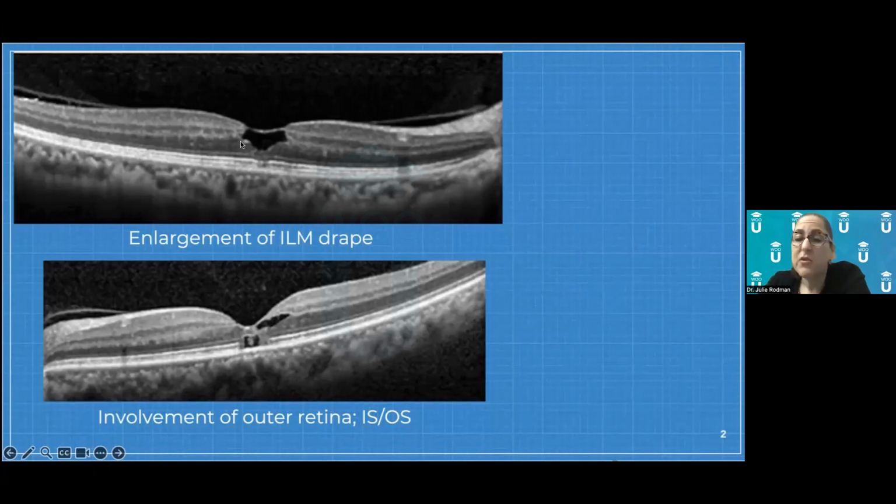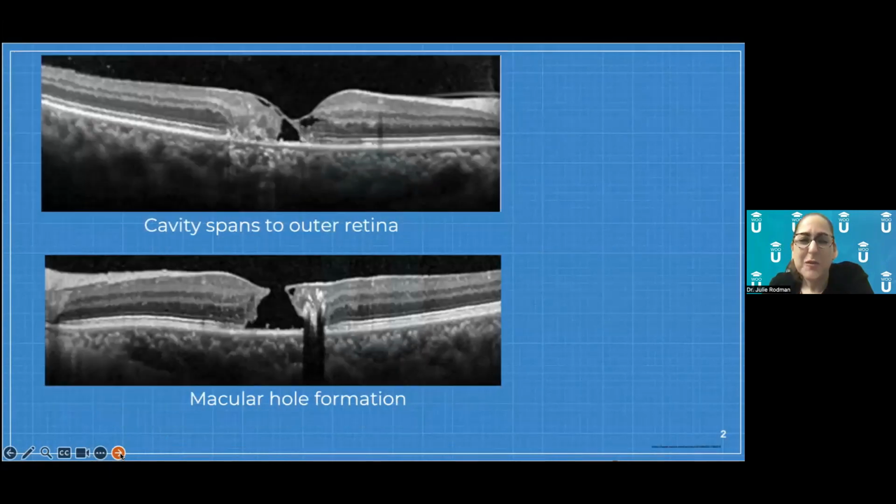You can even see, if you look very closely here, that there is a darker area right at the photoreceptor integrity line at the fovea, because remember I told you that the photoreceptors are going to become affected if the Mueller cells aren't working properly. Notice now how we have a cavitation in the neurosensory retina, and we have involvement at the level of the photoreceptors. What do you think is going to happen if these two kind of fuse or merge?